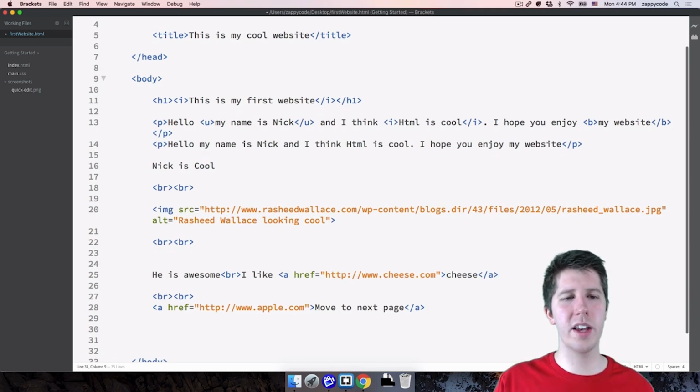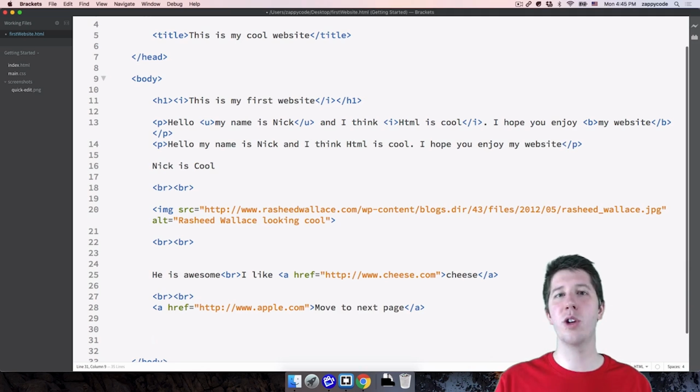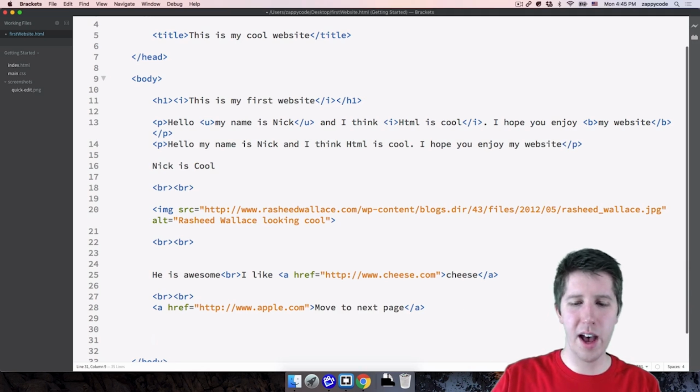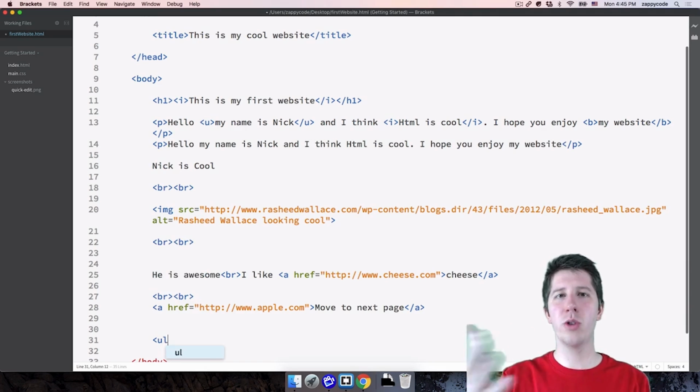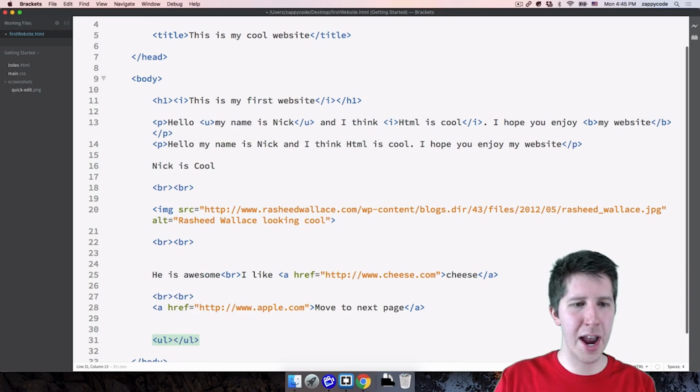Then what I'm going to do is talk about the two different kinds of lists. The first one is an unordered list. So if you just want to mark something with some bullet points, this is how you would do it in HTML. First you make an unordered list tag. It's just UL. UL stands for unordered list. And you go ahead and do your closing bracket there. Boom, you've got your opening and your closing.